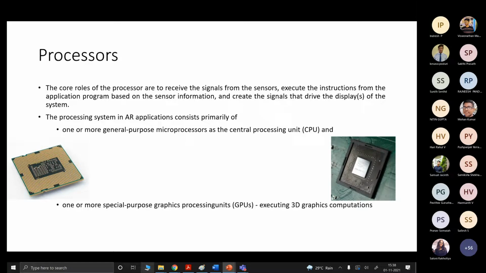In such a scenario, a CPU cannot handle complex 3D graphic systems, so obviously we need to go for GPU systems.